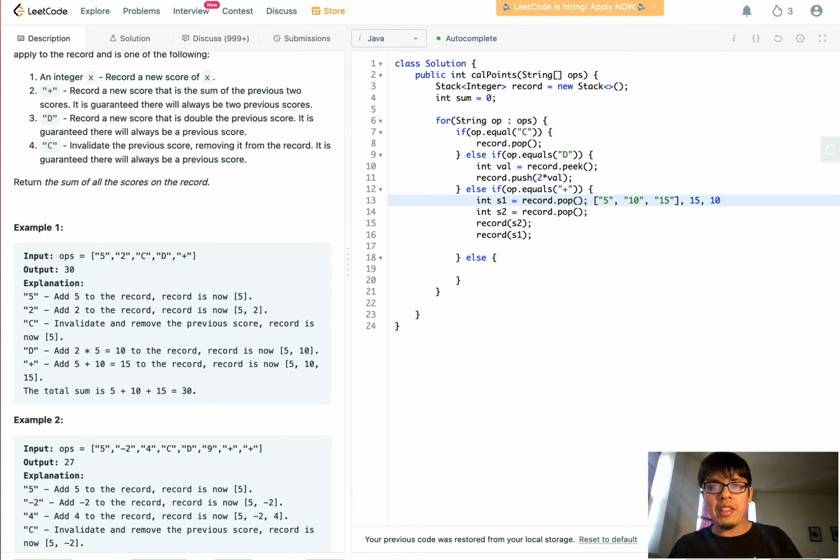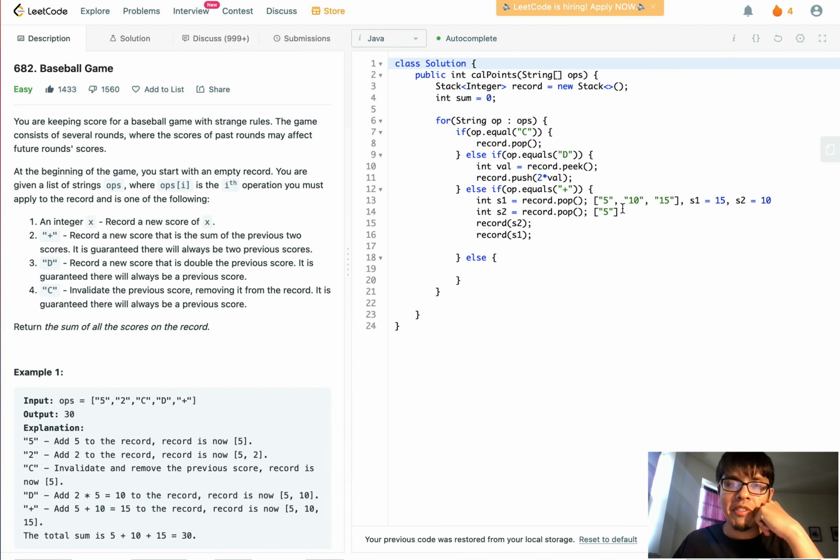But if I add the elements back, like S1 equals 15, S2 equals 10, if we add in the wrong order, then the stack will become 5, 15,